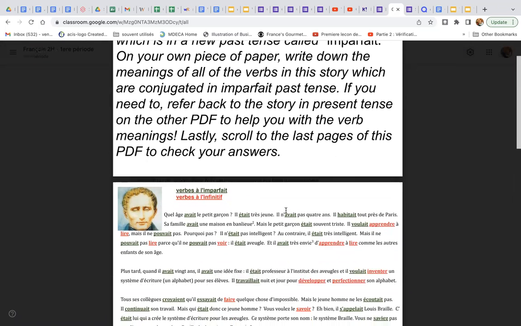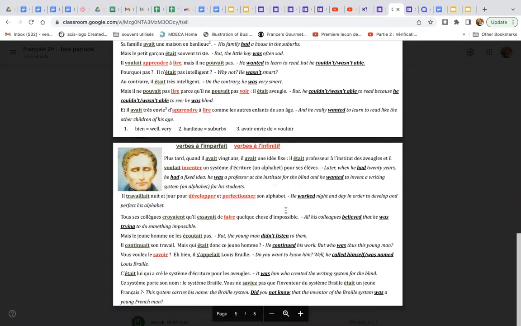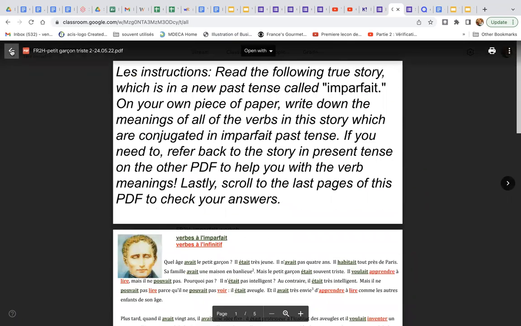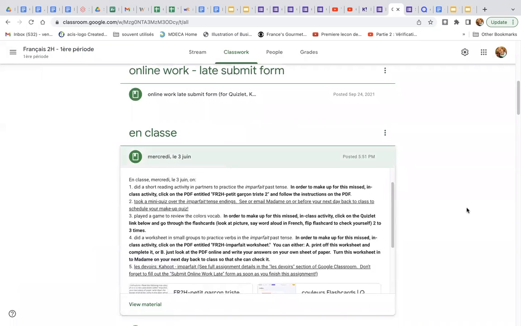Lastly, scroll to the last pages of this PDF to check your answers. So that whole activity is right there for students to do. All right, coming back then,